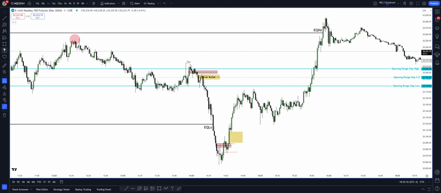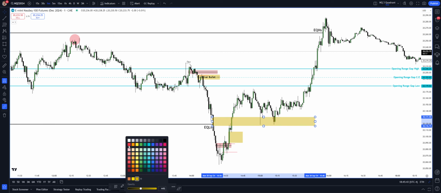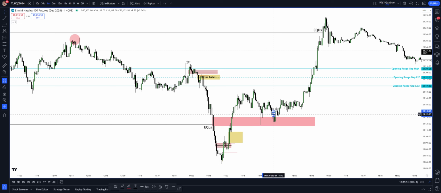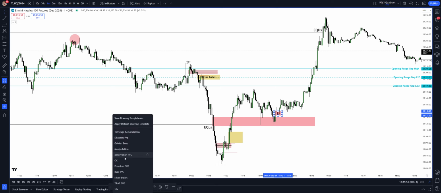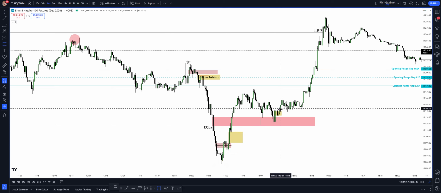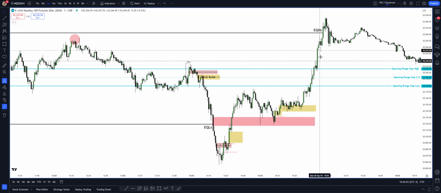We also have this BPR here, balanced price range, which is essentially an emergent fair value gap, comes down there. First displacement from the discount portion right here, and then another one right here. This is also a bullish order block, and then it pops,